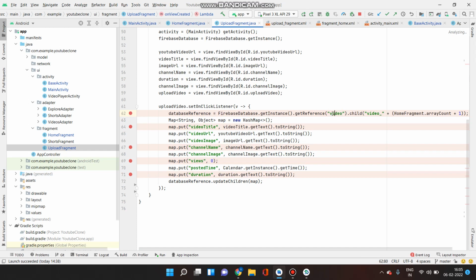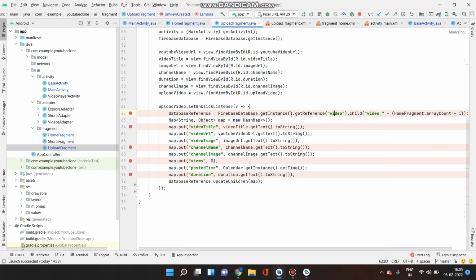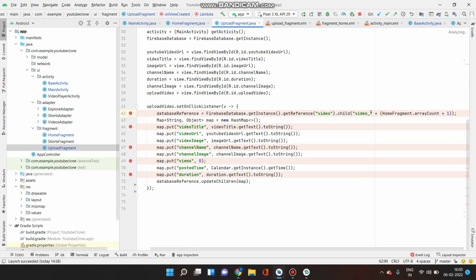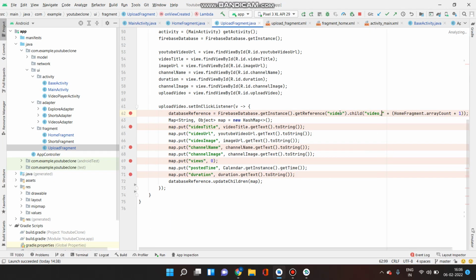So video will be the array. So that array is this one. So that is the reference that I am getting over here, and the array item as video, and the count of the array, which will be uploaded as video 1, 2, 3, 4, which will be uploaded inside this array list, and this will be an array item with the video name.